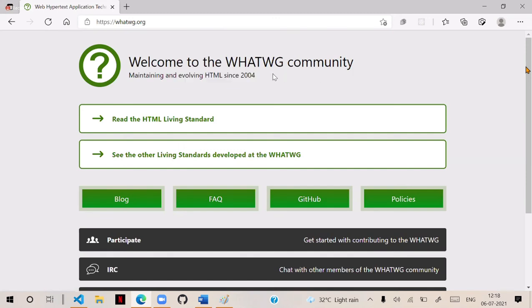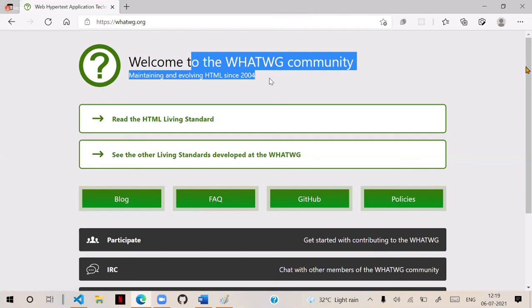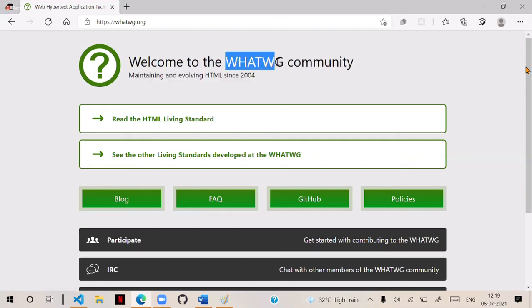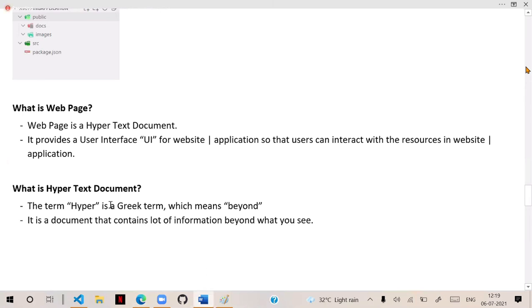So don't come with a point that this person said, that person said, my friend said, my relative said. We don't care about them, right? This is all rubbish we hear regularly. That's the reason we don't care whatever they say. We will just care whether these people say that point or not. According to WHATWG, hypertext meaning is this. Understood? So we don't consider other definitions, because what the people who build and maintain HTML say about hypertext is important for us. That is the reason we need to know this.